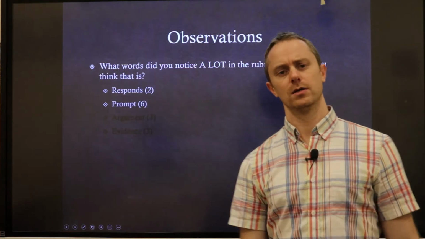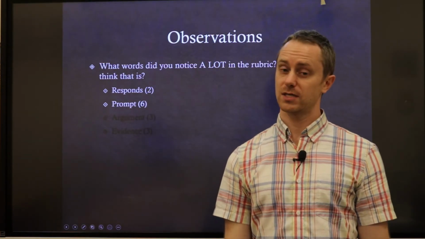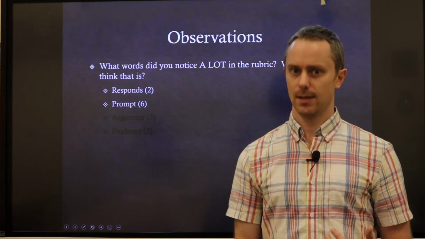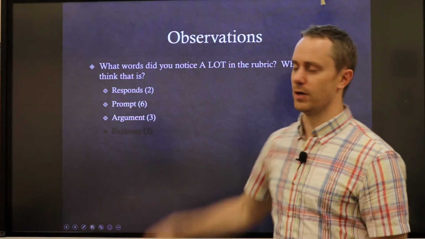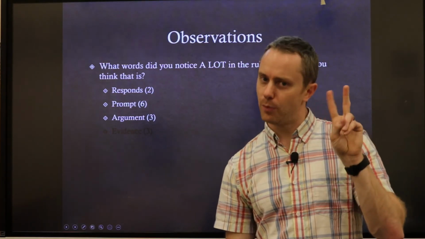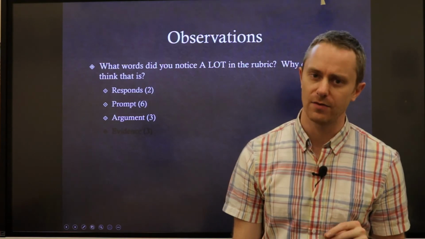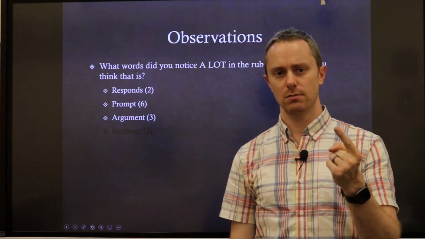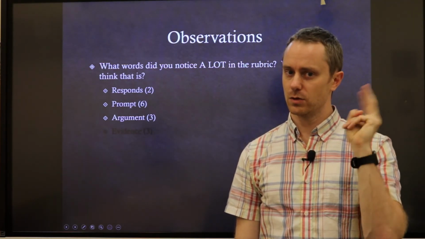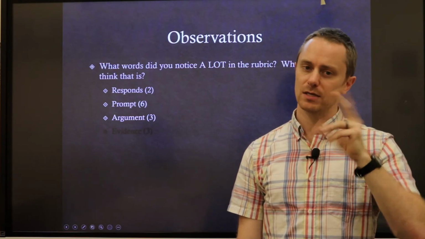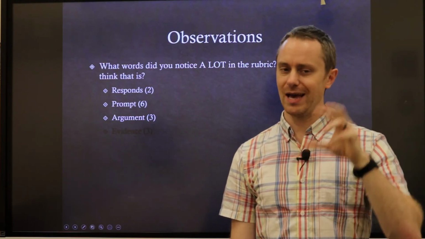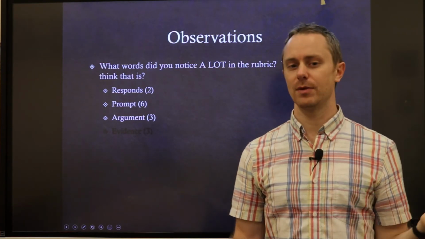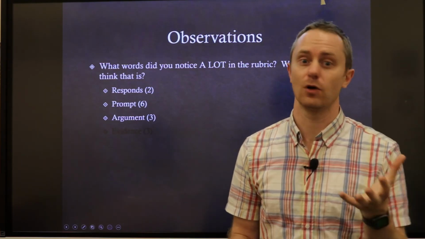Next, prompt. Weird. 6 points on the rubric, and there's 6 times you see the word prompt. Do you think it's important to break down that prompt and understand what it's asking? Yeah. Next, argument. Would you believe that you can only get about 2 points on the actual rubric if you don't have a thesis or an argument? The only line that doesn't have argument is contextualization and evidence point number 1. We'll talk about those more in later videos, but thesis is interchangeable with argument. You're going to see that throughout the essay, but your thesis is imperative to nail. You've got to have it there, and if you don't have it, it's going to be hard to prove something if you don't have anything to prove.